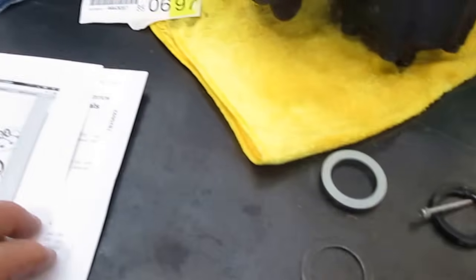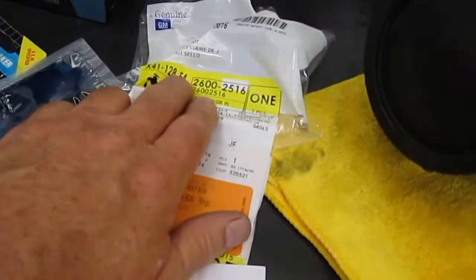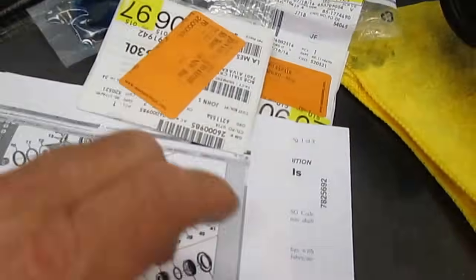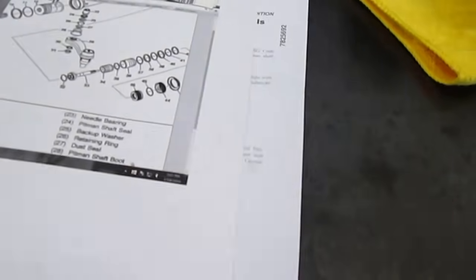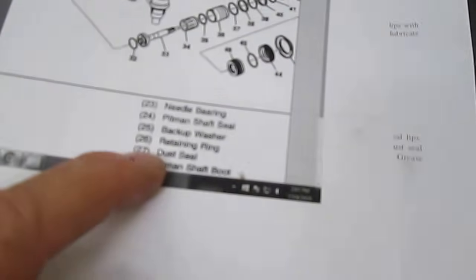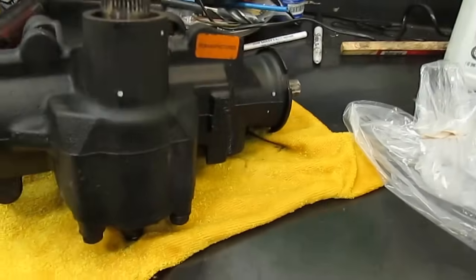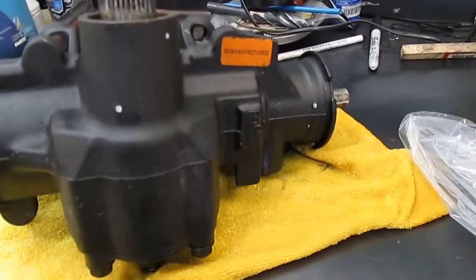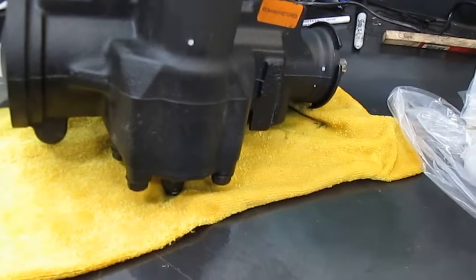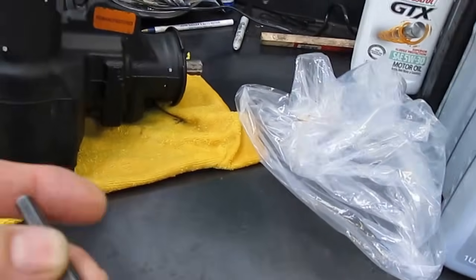So we got a new kit right from General Motors, and we got that bushing that goes in there, or it's called a dust seal. A pitman shaft boot is what the exact terminology is. And the dust seal, the number 27, was in backwards. So just because you buy a rebuilt unit, or it says remanufactured, excuse me, it doesn't mean anything. And when you want to get that seal out without damaging anything, you just get your grinder and get a small center punch